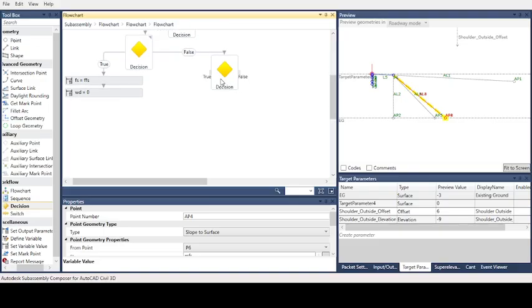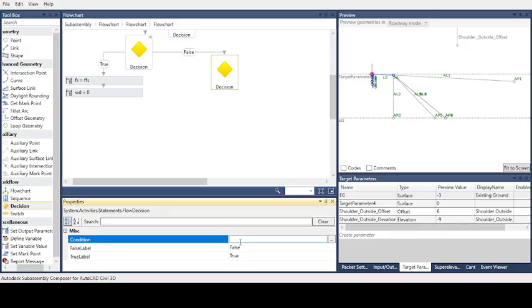If this is valid, we will write AP4, auxiliary point 4, is valid.